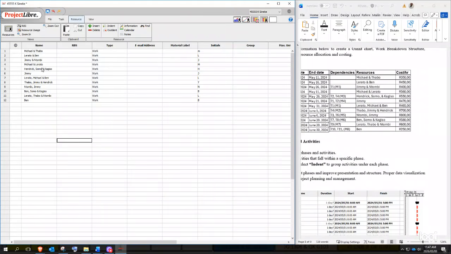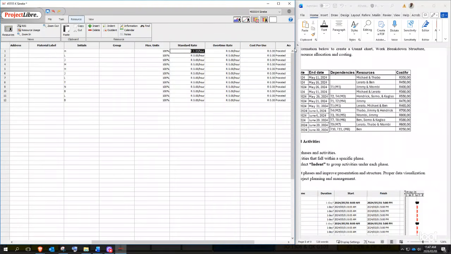Okay, these are your resources, and from here insert your standard rate, which is your cost per hour, 350,